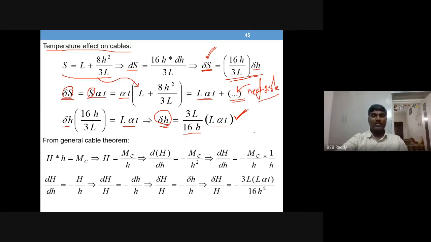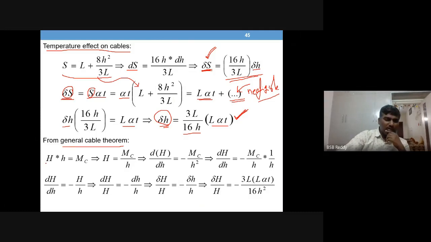Change in geometric quantities: what happens when temperature changes? When temperature changes, the cable length is going to change, that means delta S, and the sag also is going to change, that is delta H. So we have expressions for both. Now, if S and H are changed, automatically the forces also will change. So how do you find that? From the general cable theorem,